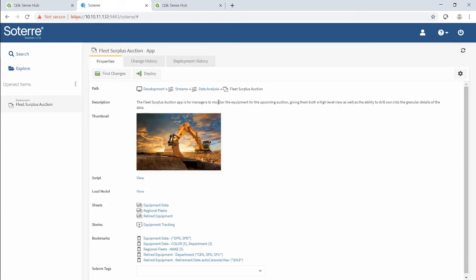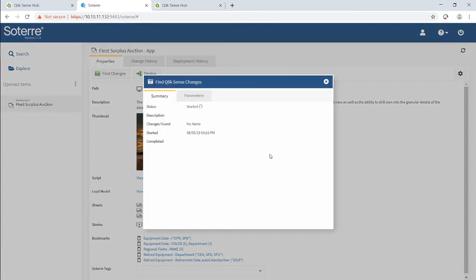Open the app up again, and I'm going to click this Find Changes button at the top here. And so we've just manually kicked off a versioning job, and we hope that Soterre is going to pick up the 3 changes that we just made to the app. By default, when we install Soterre, this versioning job happens every 2 hours, but that's customizable and totally up to you. I currently have it turned off for my demo environment, but that versioning job just finished,